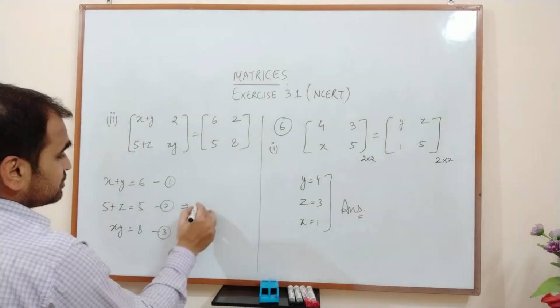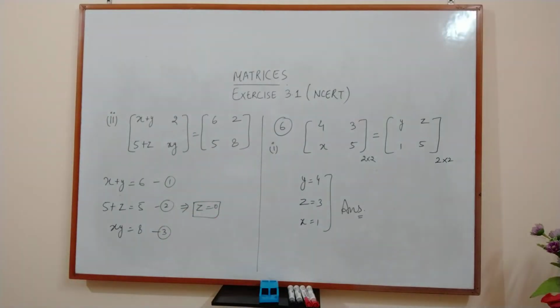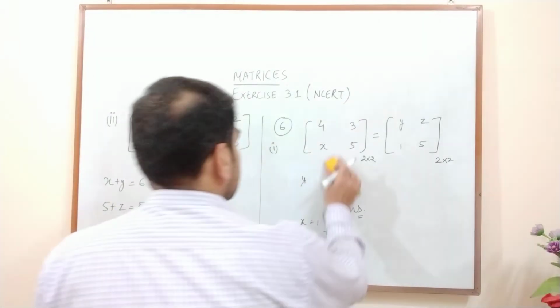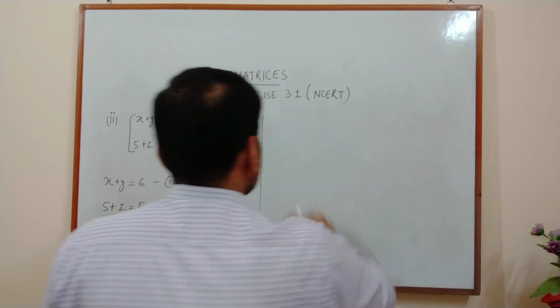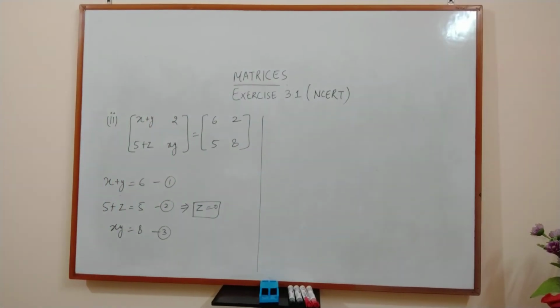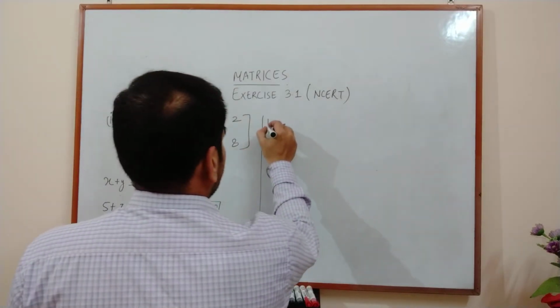From the second equation we can say z is equal to 0. So this is the value of z. Now to compute the value of x and y, we just have to simplify equation number 1 and equation number 3. So for solving these two equations easily, from the first equation,